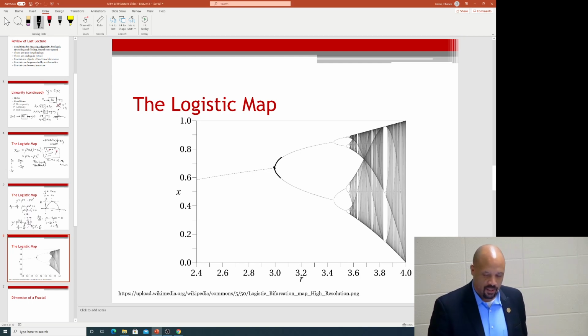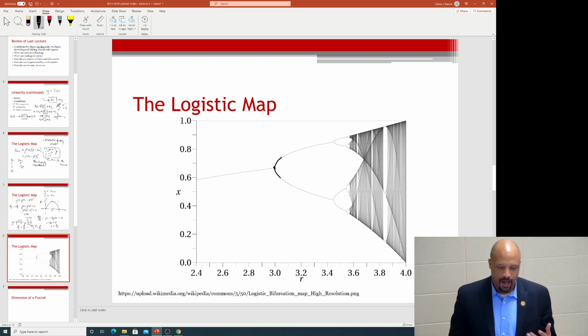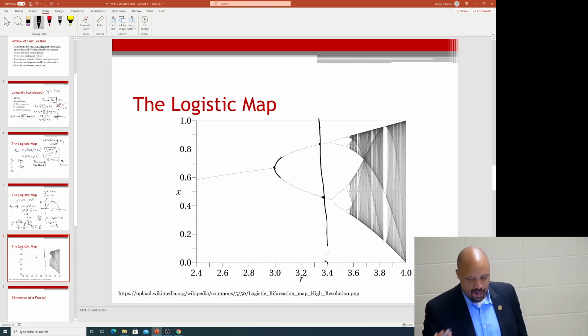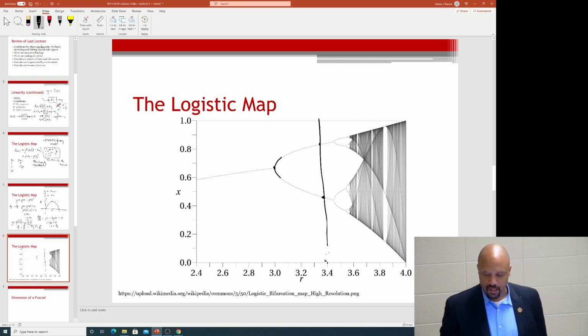Meaning that the settling value just kind of bounces between 2. And it keeps doing that even as you go a little further. You make rho equal to 3.4. Here's where it's going to settle on these 2 places, back and forth. And you can try this. As we get our MATLAB function ability, we're going to play around. We're going to see it stick on 2 values and just keep going back and forth, back and forth.